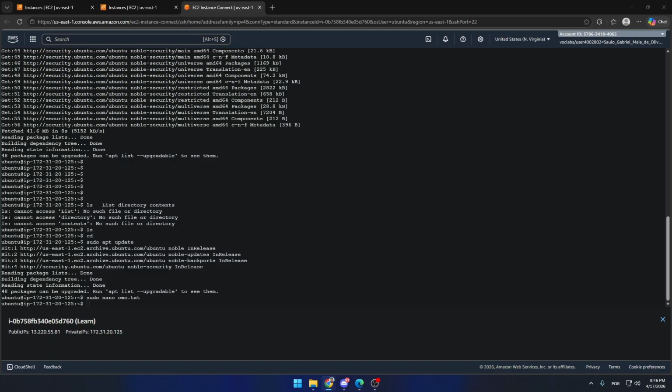Now connect to the server using SSH from your terminal. Once connected, install Docker, which will be used to run N8N easily. After installing Docker, run the command to start the N8N container using port 5678. Once the container is running, open your browser and enter the public IP address of your instance, followed by